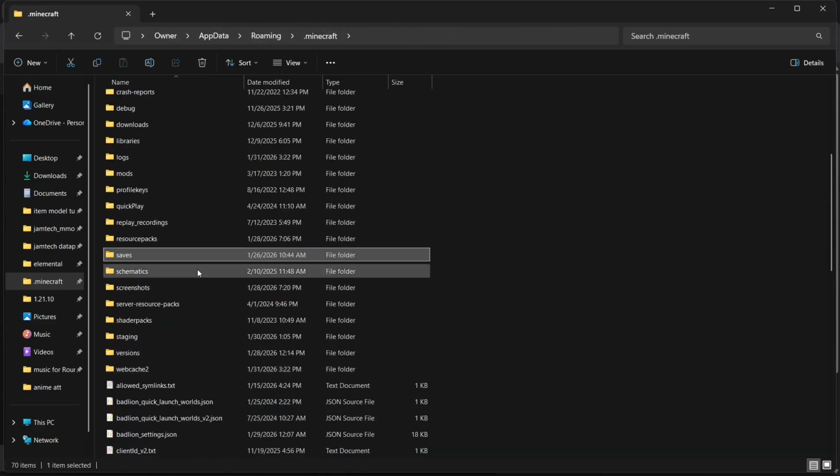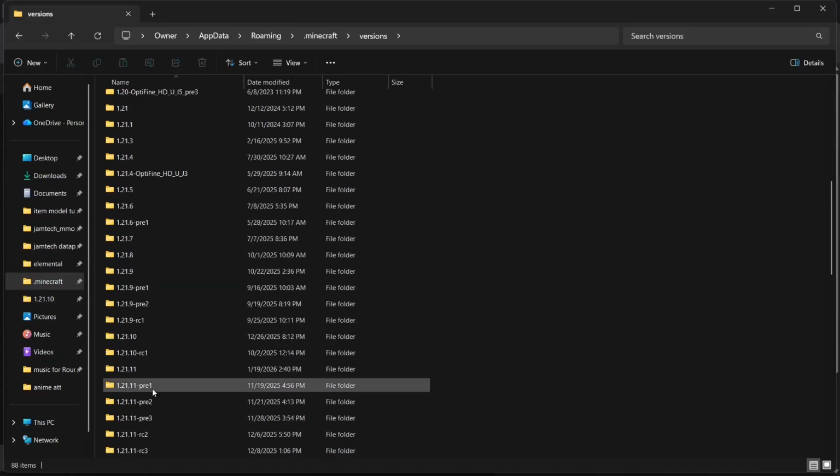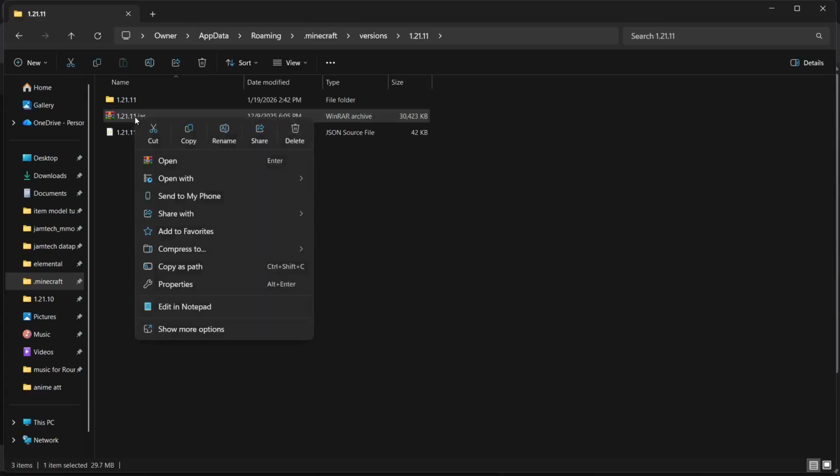Go back to the Minecraft one. We're going to go ahead and go to versions. Go down to the latest version that you've played. Open that folder. Select the jar. And we can go ahead and